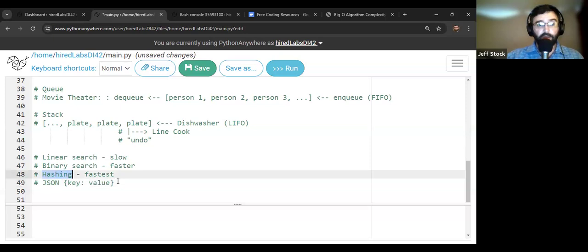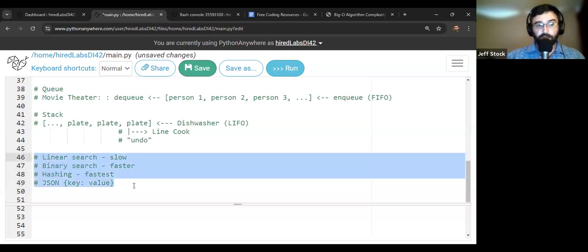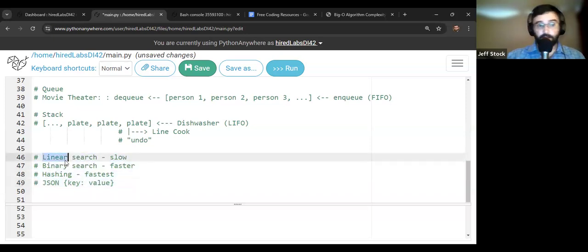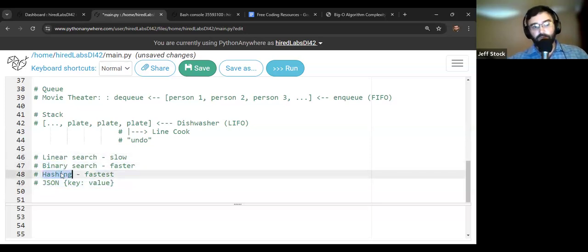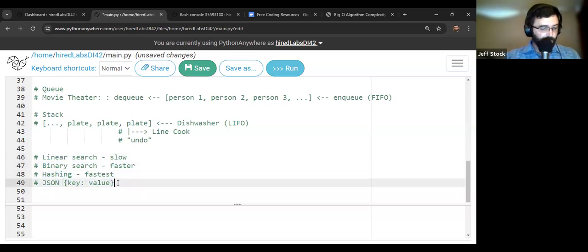So these are kind of the main things to know about search and search algorithms: linear search being slow and why it's slow, and the choices that are being made when you choose any of these sorts of approaches to solving your problems. Any questions about any of that or any of the things we've covered up to now?